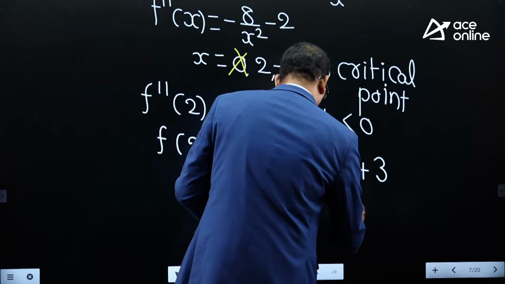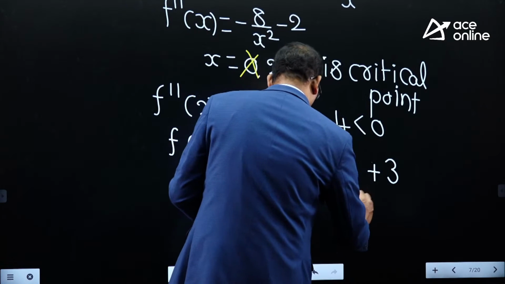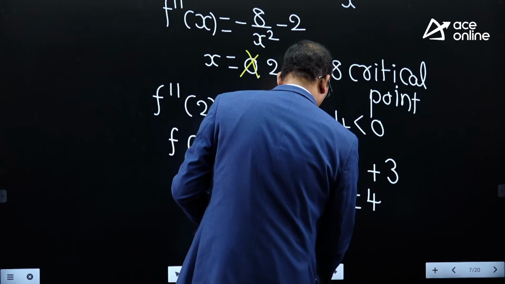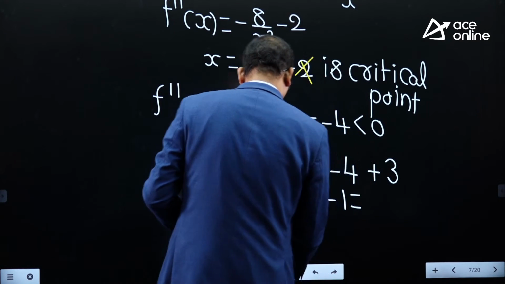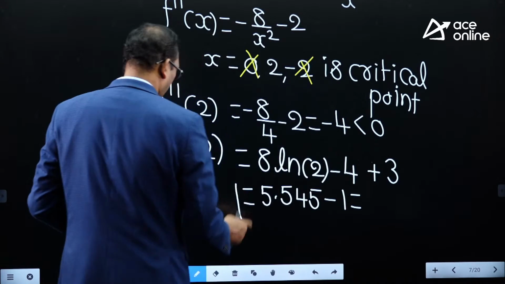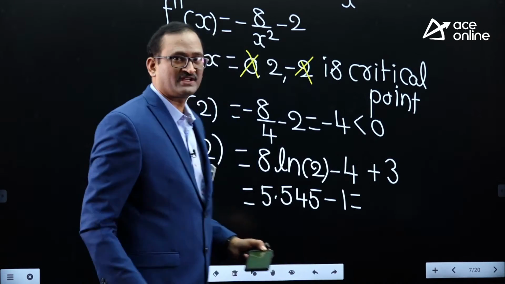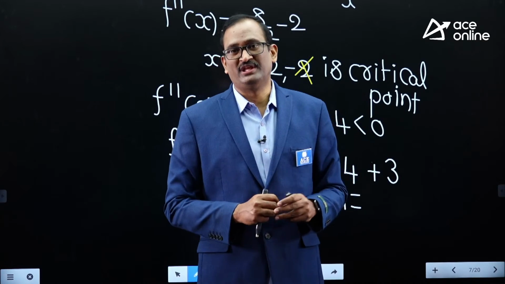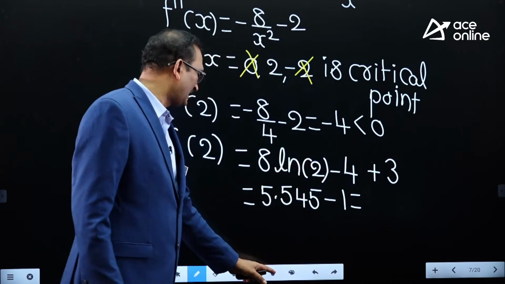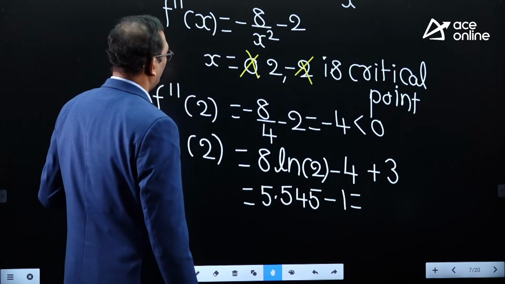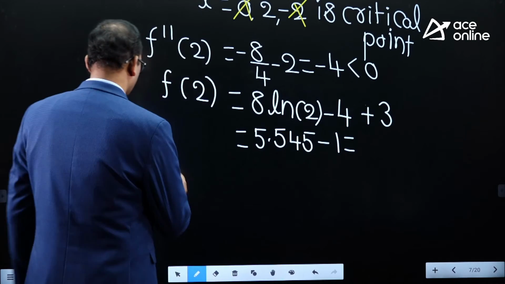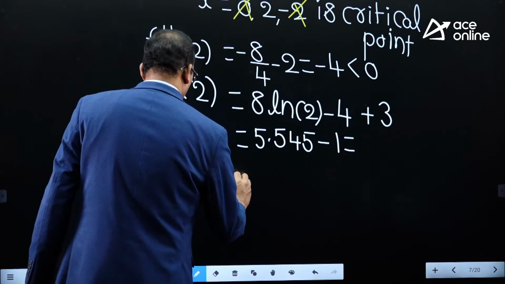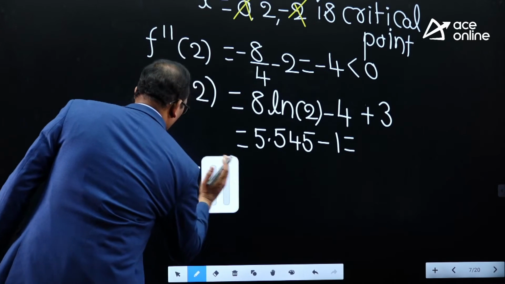So this is 4.545, whatever it is, roughly you can verify and write that value. And similarly, you have to find the f of x value at the endpoints. Find f of a and f of b, meaning the f of x value at the endpoints of the curve. One endpoint of the curve is 1. So f of 1 equal to